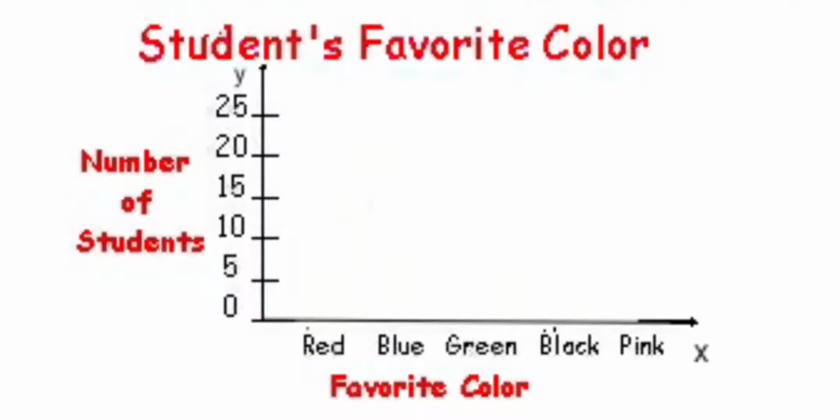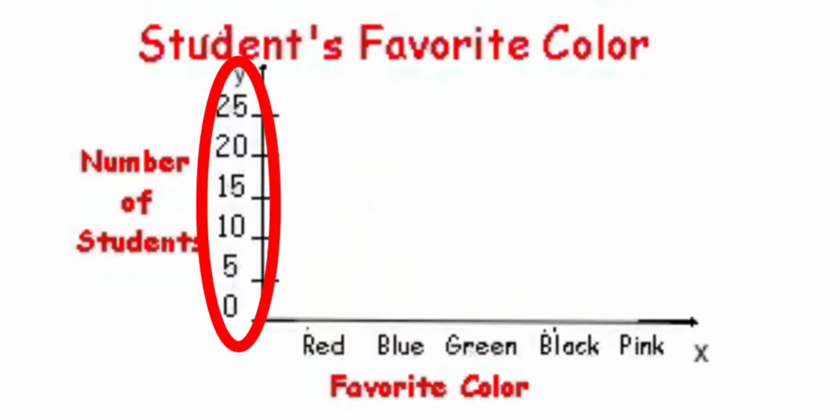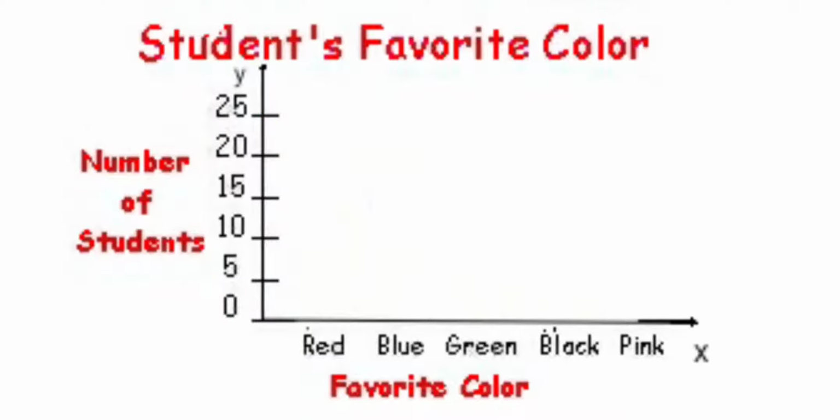Here is the application of a bar graph. I am taking an example. On the x-axis, favorite colors, and on the y-axis, number of students. Look at the y-axis: it has sections of equal length, and this is called a class. The distance is equal, or the size is the same, or uniform.